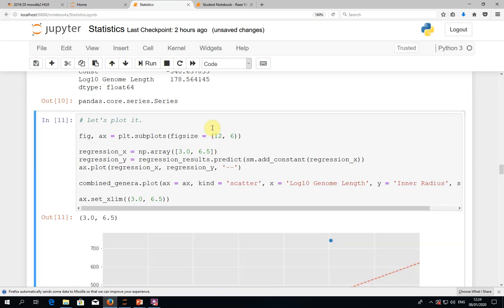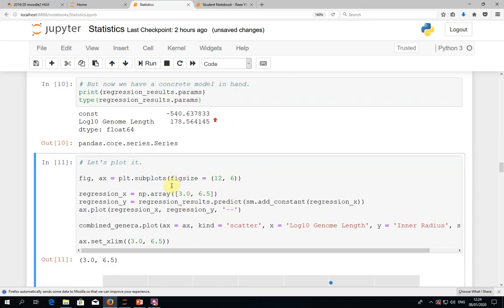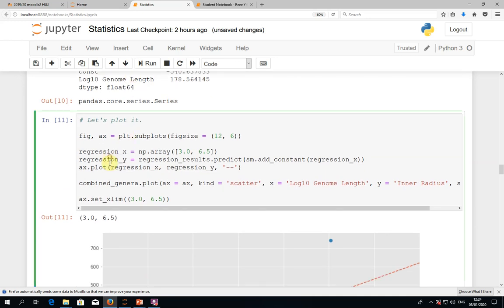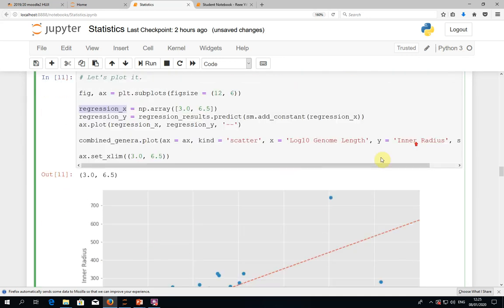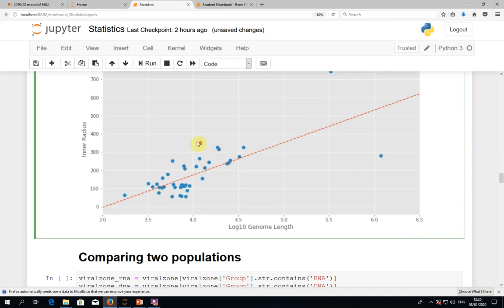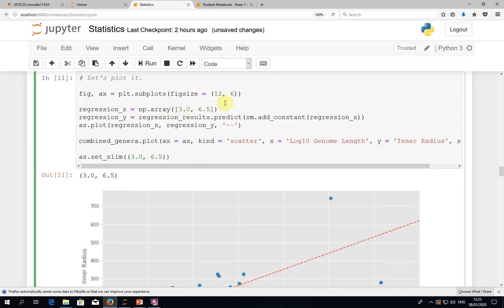And if you want to plot it, it's very easy. All you have to do is to plot the line, you need to create some x values. So in this case, we want to plot it between 3 and 6.5, which is the range of the data points. So we just create an array with 2 points. Now it's sufficient to have just 2 points because each line is uniquely defined by 2 points. So if you just give the beginning and end, this really uniquely defines the line. And then if you want to get the corresponding y values for this x according to your model, you simply need to use the predict function